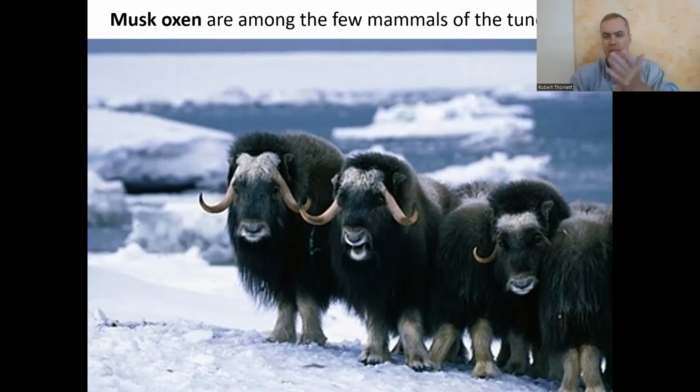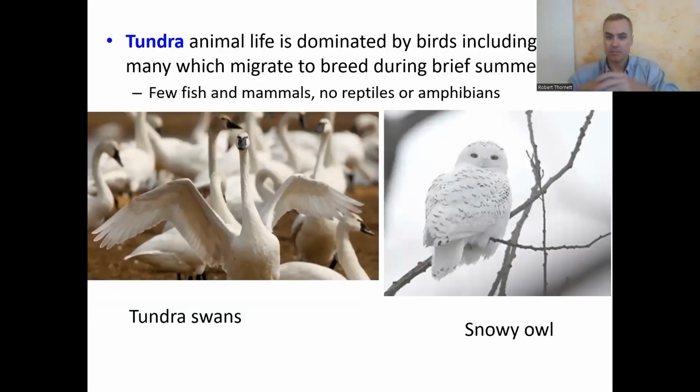But what does dominate life in the tundra in terms of the number of species is birds, many of which migrate there during the summer. Many types of birds come up there to breed. And as we said, they lay eggs in a very short amount of time in the brief tundra summer months. They lay eggs, the eggs hatch, the baby birds learn to fly, and then they're able to fly hundreds of miles, thousands of miles out of there before it gets cold again.